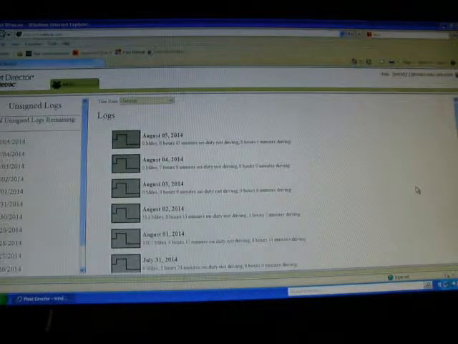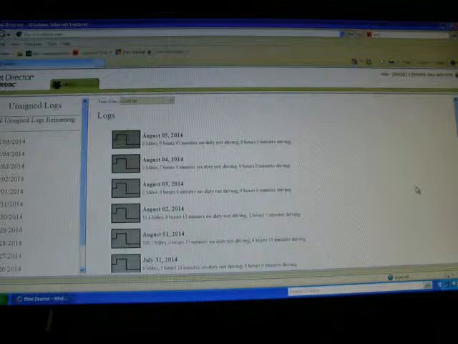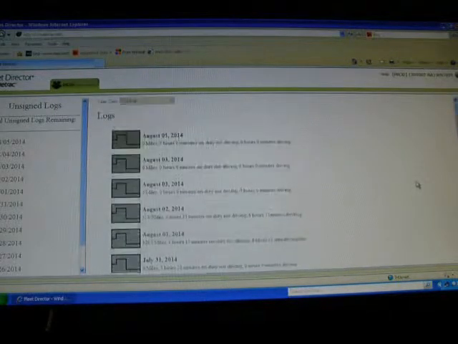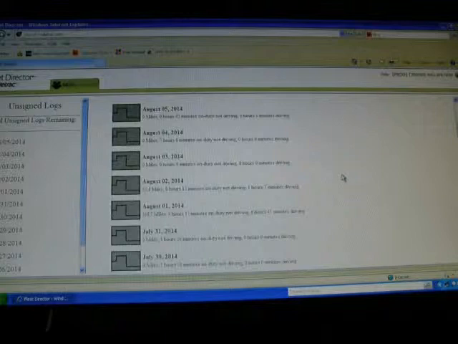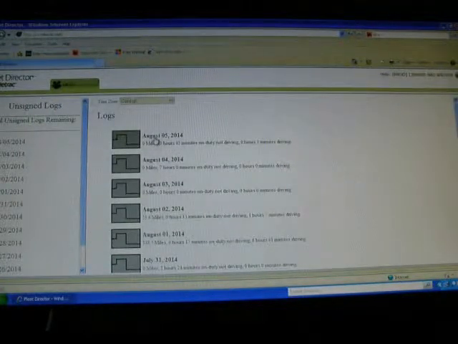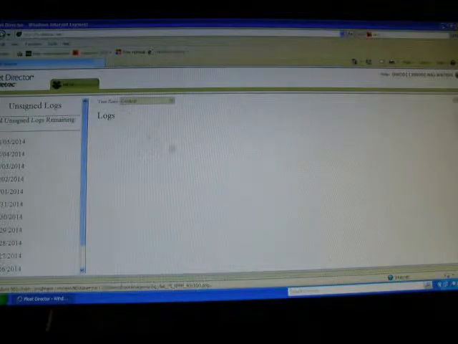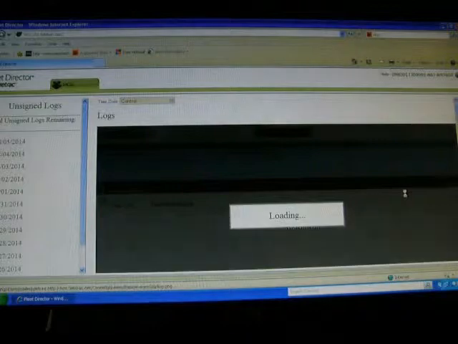This is the screen that will appear after you have logged into your Teletrac account on the internet side. And you'll see a series of logs. This is today's log on the top, and then other logs as you go further down the line, dating back as far as maybe possibly 7 days. To open up the log, you simply click on whichever log date that you would like to review,